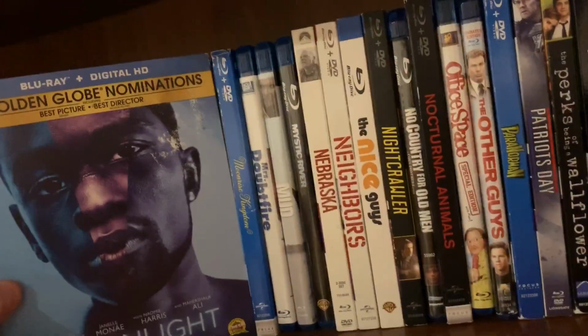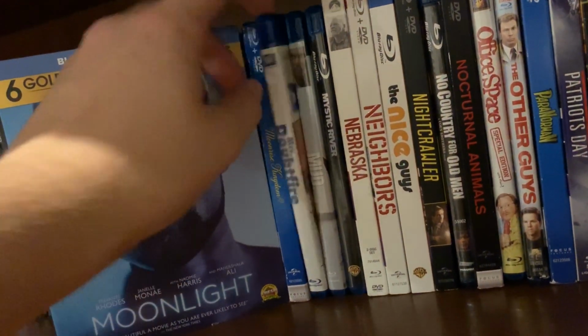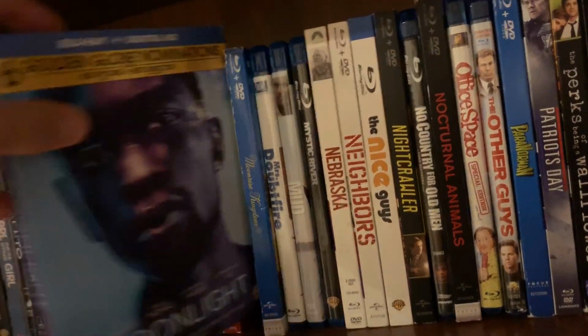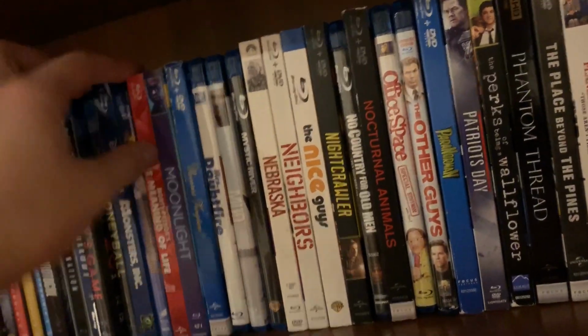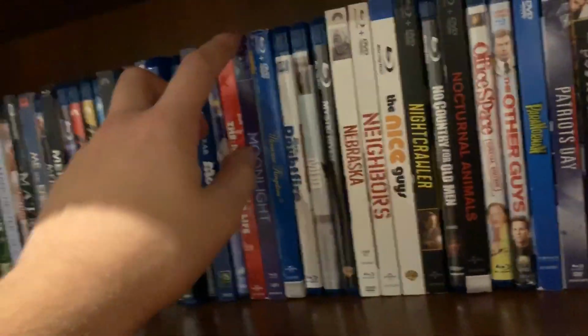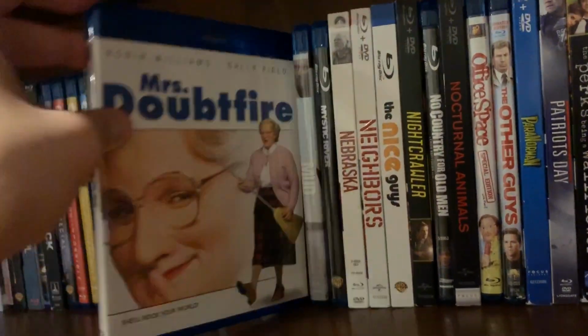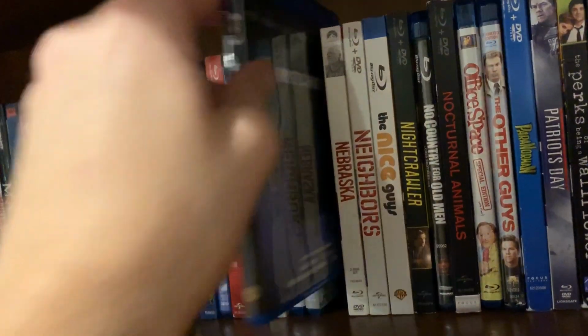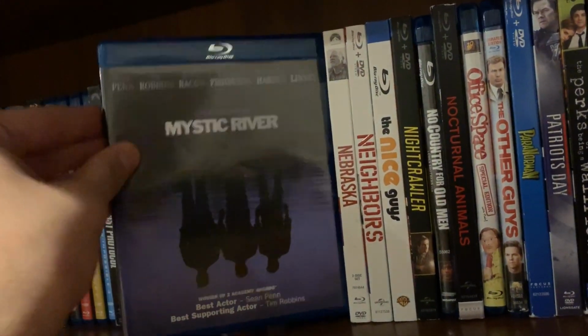Moonlight, I almost said Moonrise Kingdom, which is the next title. Yeah, so Moonlight and Moonrise Kingdom. But both great movies for very, very different reasons. But Moonlight's better. Mrs. Doubtfire, Mud, Mystic River,